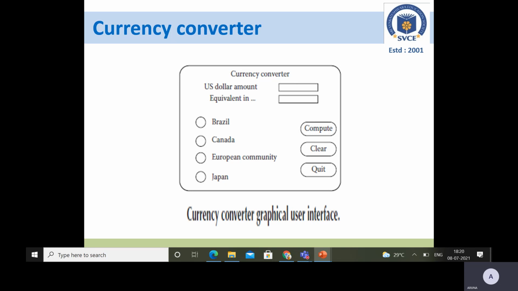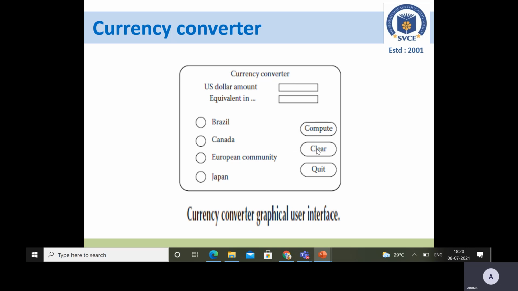It depends on the user. Clicking the compute button results in conversion of the US dollar amount to the equivalent amount in the selected country's currency. Clicking the clear button resets the currency selection and the US dollar amount, and the equivalent currency amount and associated label get cleared.